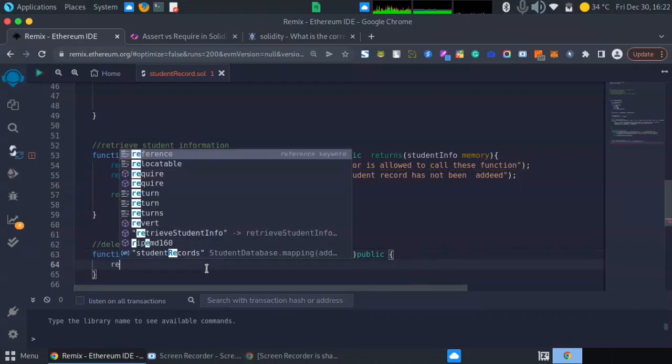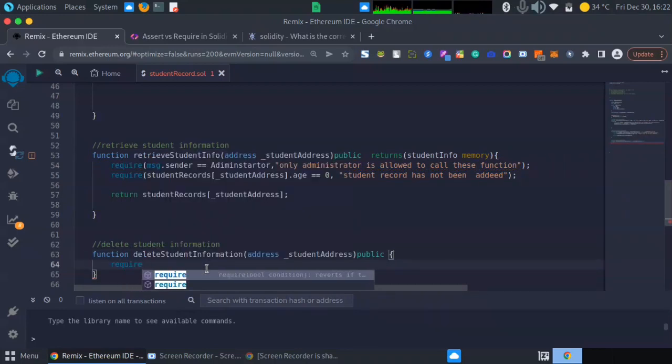Then I'll require to check that the message dot sender, so you copy this,